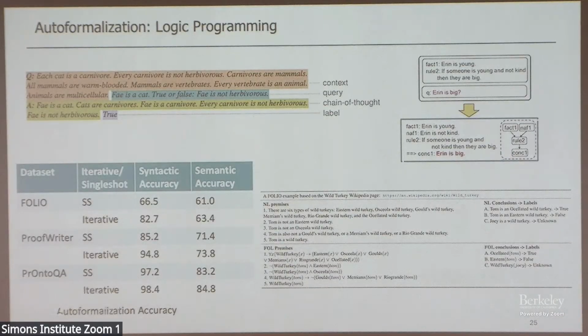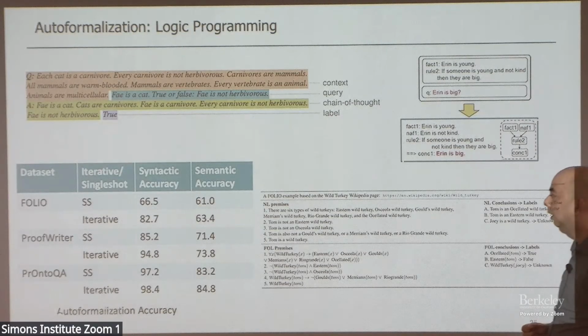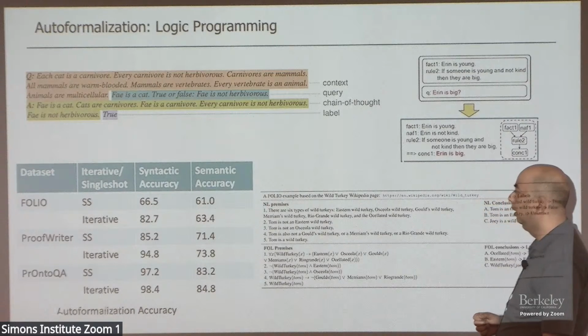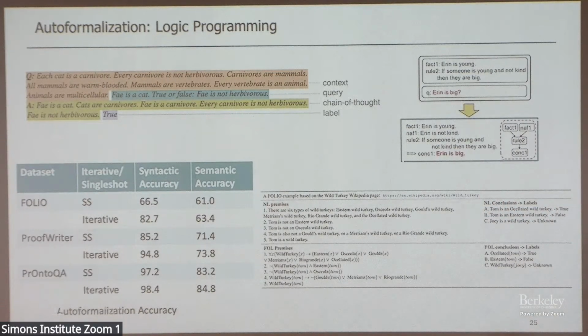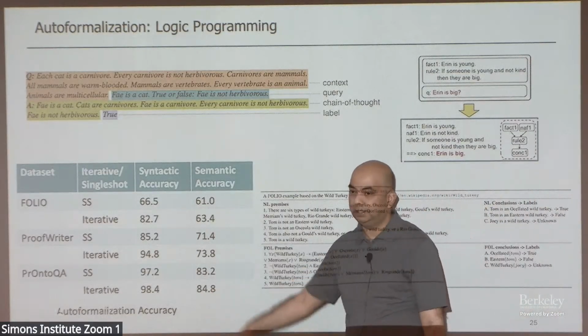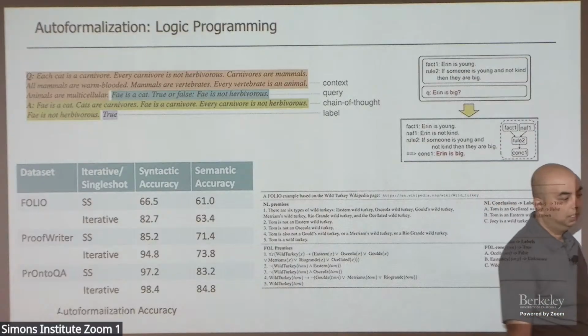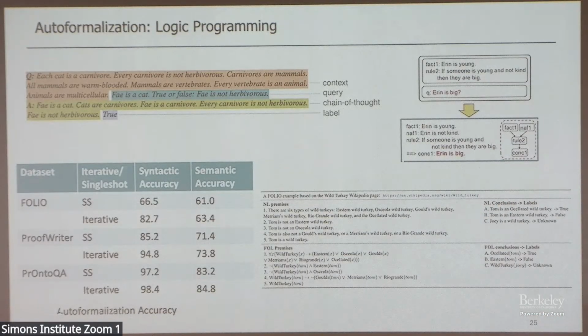What do you mean that the accuracy is 61%? Did you detect the errors in the FOLIO datasets, or in the formalization that the language model did? So it missed predicates, or I think you had a very good example yesterday, of what is the predicate before tenure. So it ends up doing something funny. That's what the semantic accuracy is, because syntactically, something that will just pass the check for the ASP solver system, that is actually pretty high.